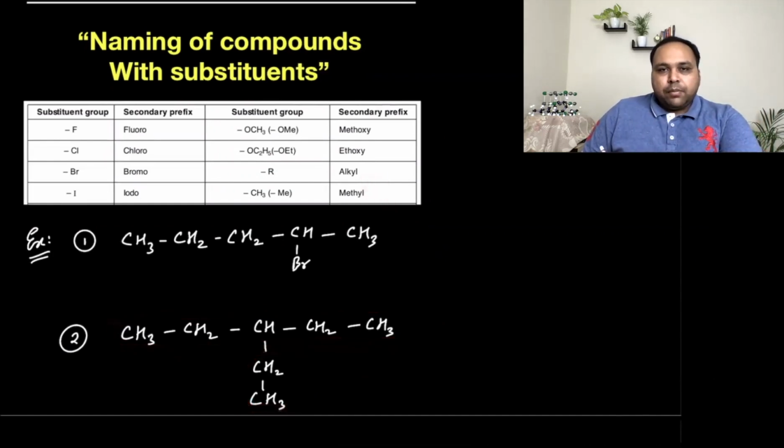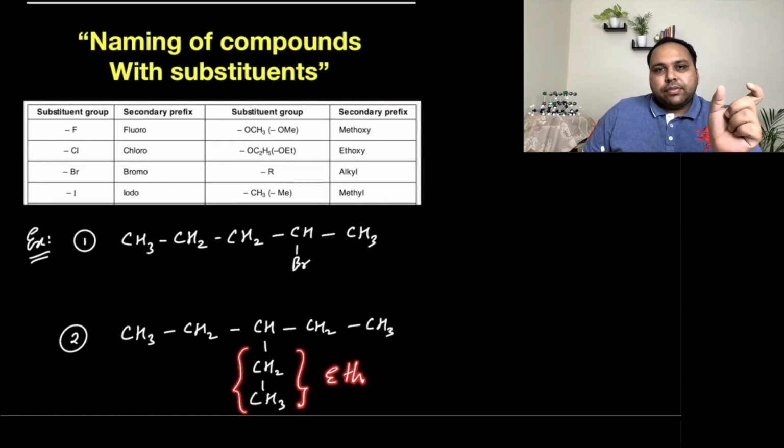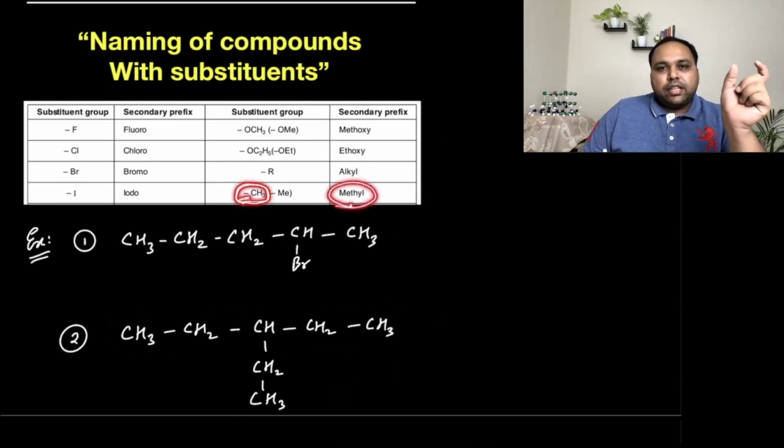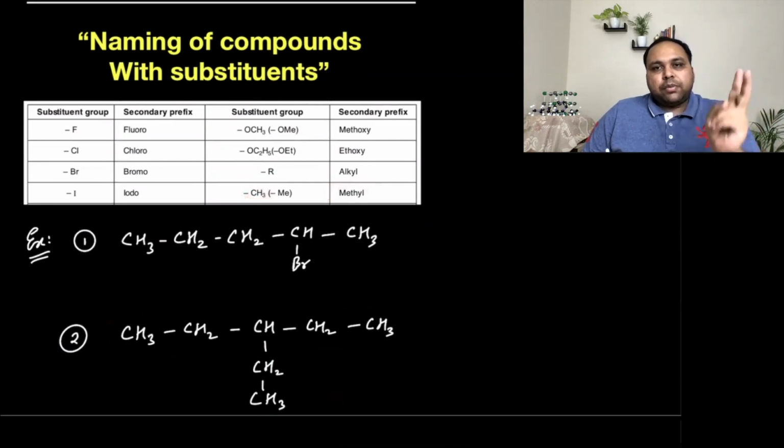And how is it named? These are two carbon atoms, so the word root is eth. And when it was a main chain, we used the suffix ane. In this case, we use the suffix yl, alkyl, so ethyl, right? Here they have shown that if a single CH3 group is attached to a chain, it is called methyl. So a single carbon group attached is methyl, two carbon groups will be ethyl, three carbon groups will be propyl, and so on. Some of these we saw in our last lecture.